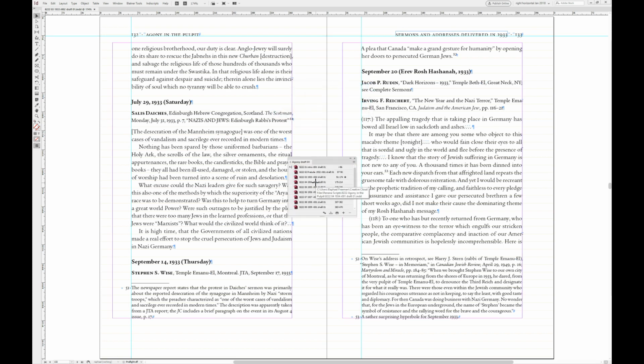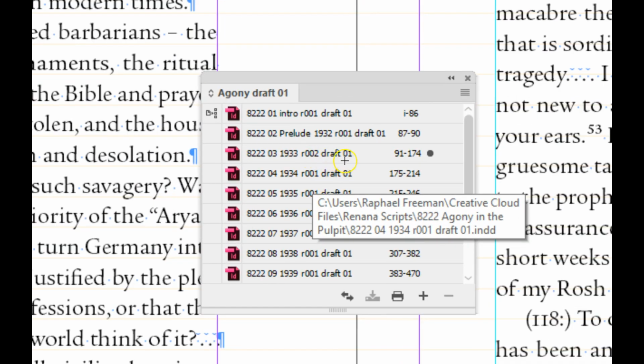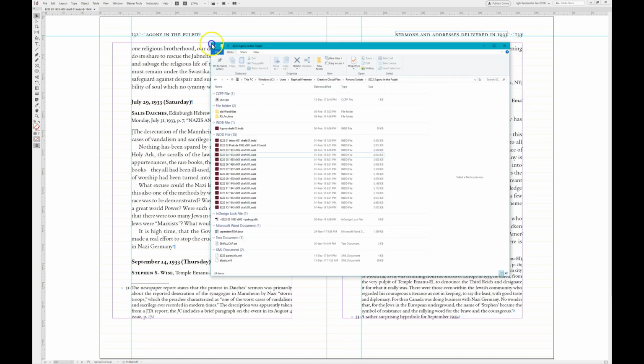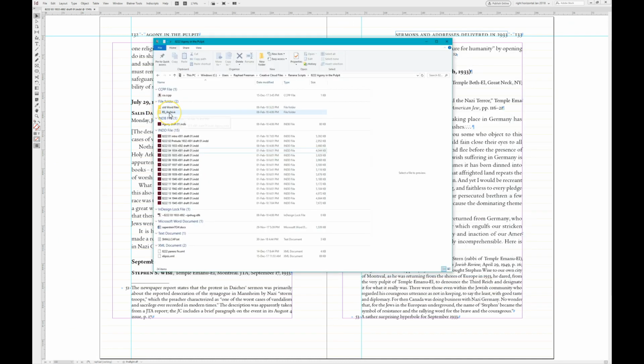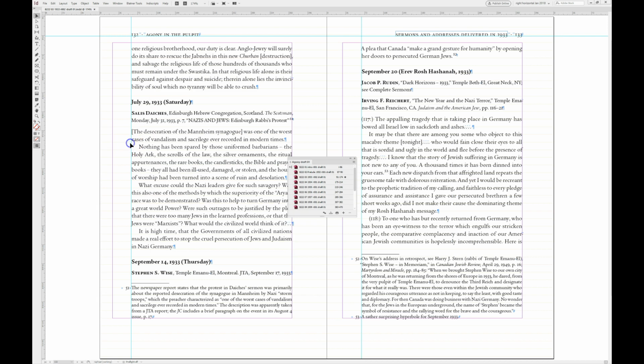If we zoom in on that, we can see that it's R002 draft 1. And if we go back to our folder, and this is very important, we'll see there's an RS archive folder that's been created for us. And we see that this is now revision 2, and revision 1 of this particular part of the book has been placed neatly over here. And also the book file has been placed into the RS archive.